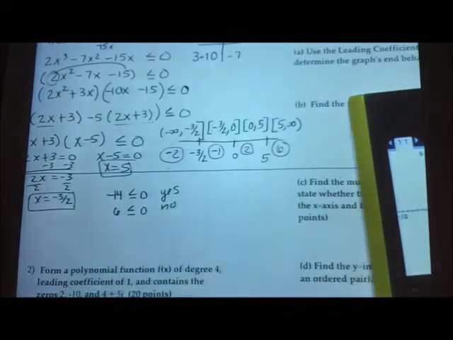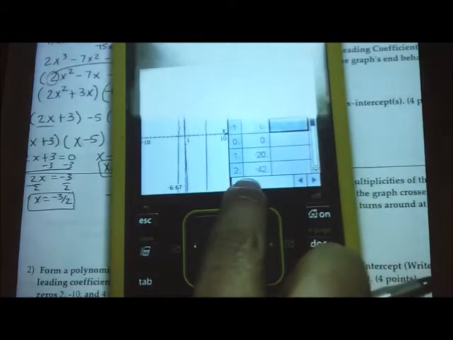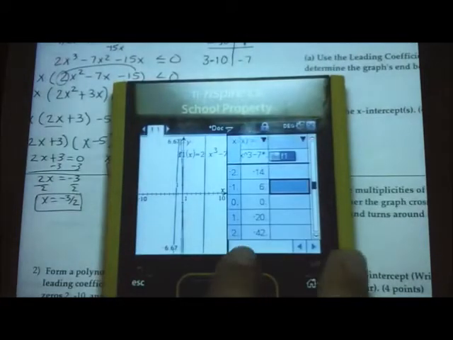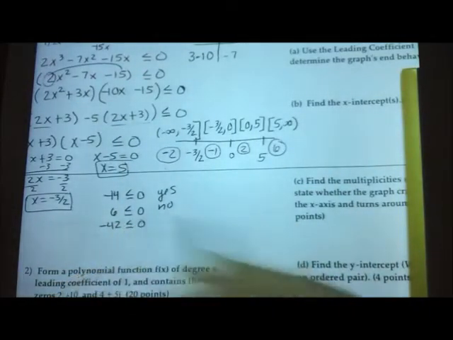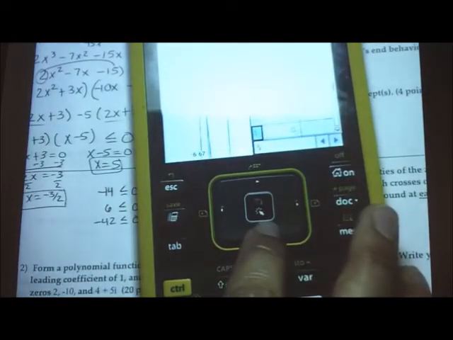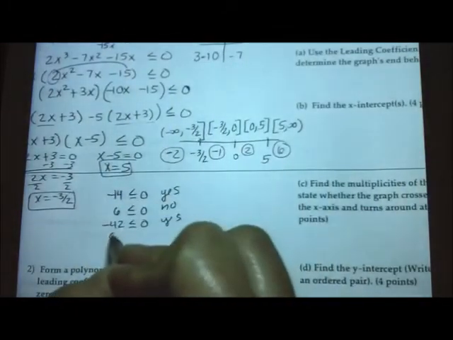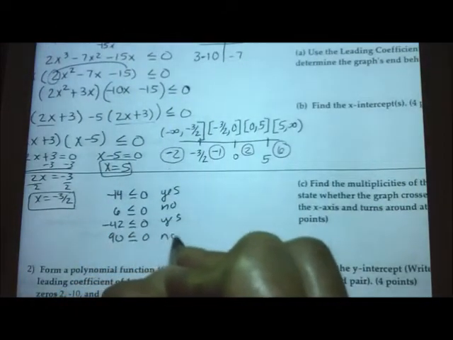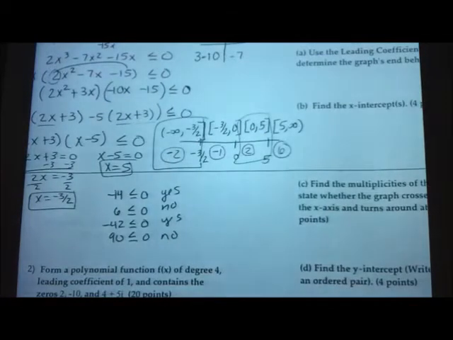Nope. What's my next point? A 2. And a 2 is a -42. It's right there. So a -42, is that less than or equal to 0? Yes. And then a 6. 6 is right there. What's a 6? 90. Is 90 less than or equal to 0? No. So the only one that worked was this one and that one. Do we agree? Yep. So my final answer would be